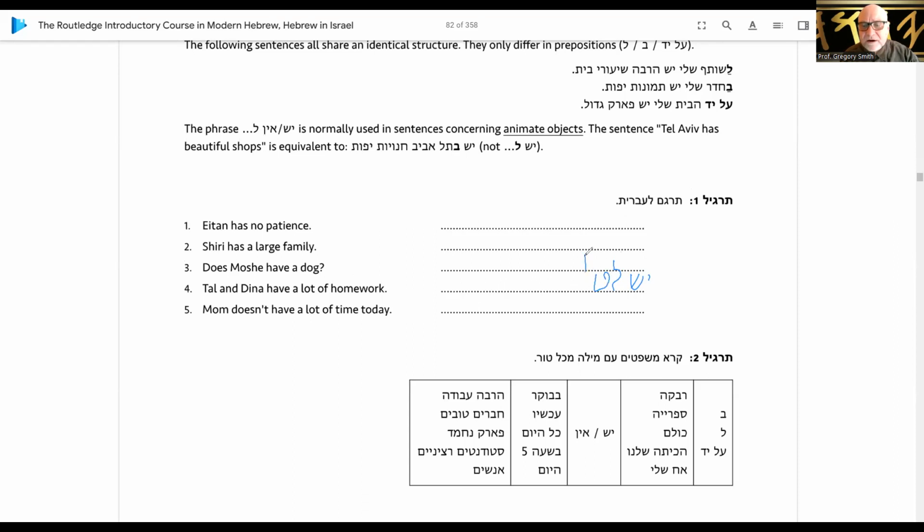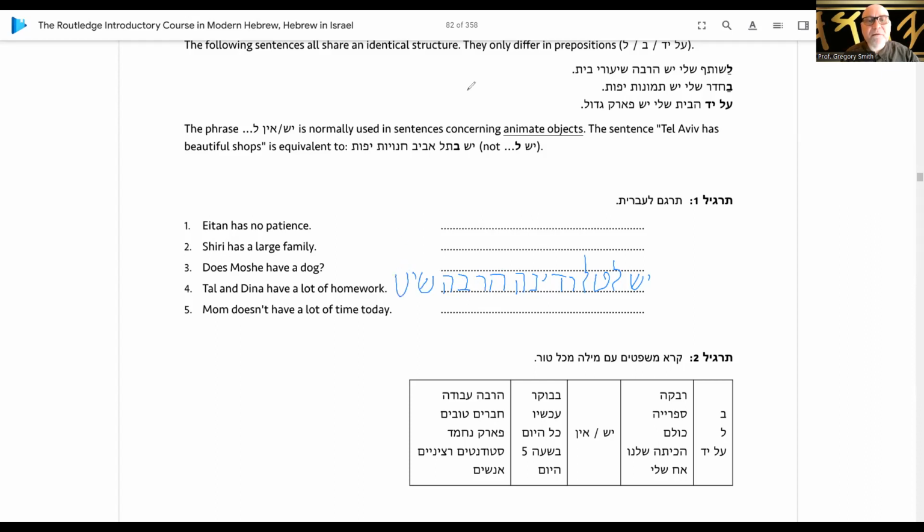That uses a lamed, and then a vav connecting. Okay, yesh le Tal ve Dina harbe. Remember that harbe word means a lot, right? And then shiurei bayit is